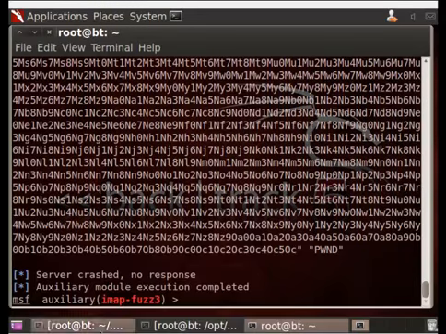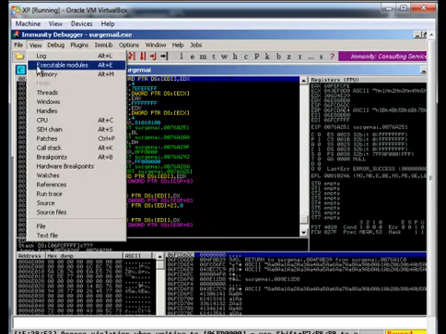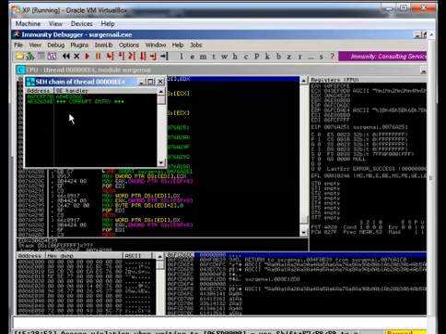And the server crashed. We now go into Immunity Debugger and we view the SEH chain to see where the target was overwritten. And here we see it's at